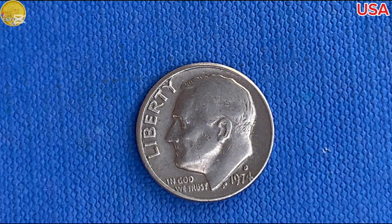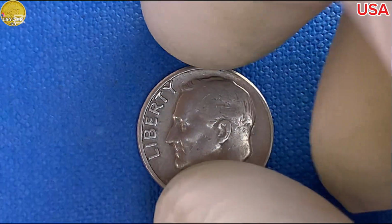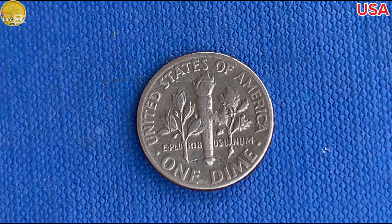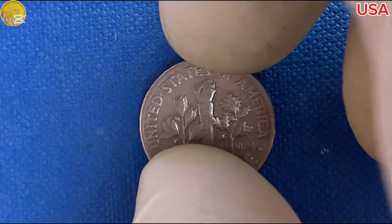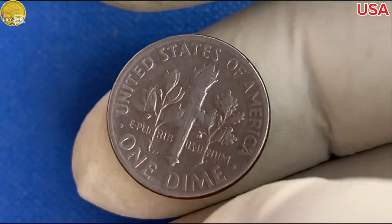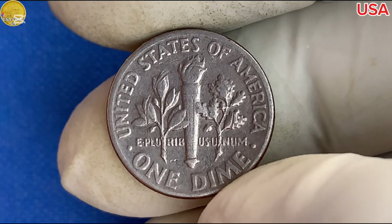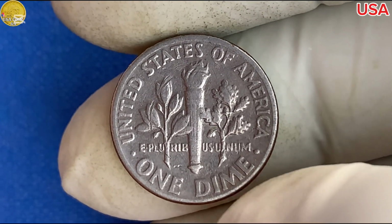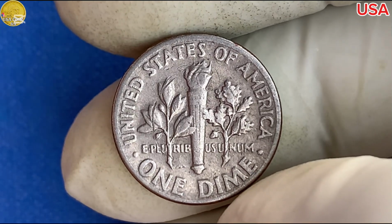Top 4. The world of coin collecting is full of surprises, where a coin you might find in your pocket could be worth far more than its face value. Among the many coins in circulation, the Roosevelt dime stands out as a beloved piece of American history. Introduced in 1946 to honor President Franklin D. Roosevelt, the dime has seen decades of production with slight variations over the years. But today, we're going to talk about a specific year, 1974, and how that seemingly ordinary coin could hold an